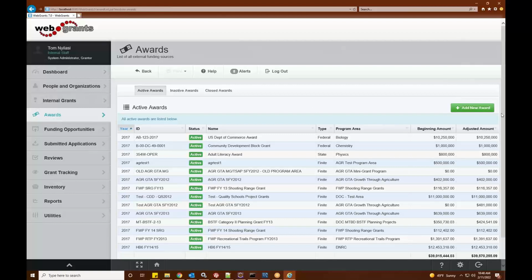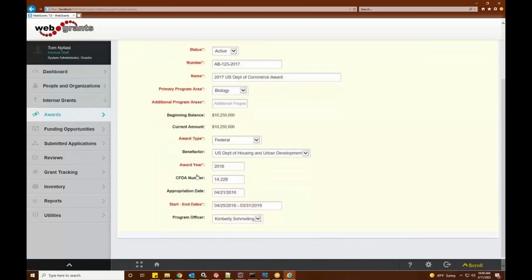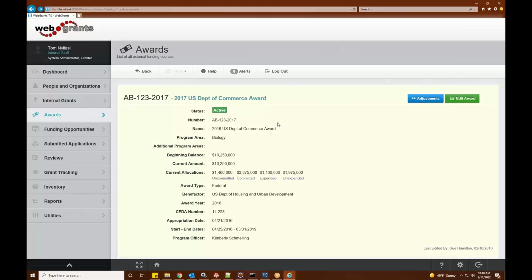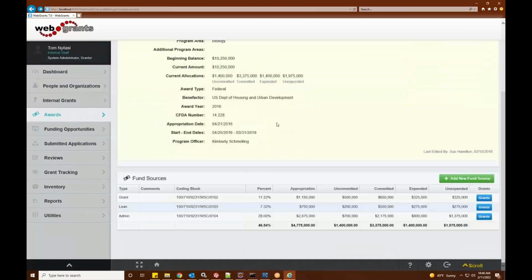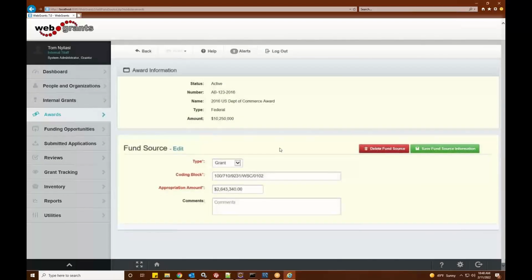You can add an award at any point in time. You can click on a particular award. The award will have a profile. It will have a status, a number, name, program area, additional programs, award type, benefactor, CFDA number, pretty much the same capabilities as you have in the current version. And then you can subdivide it into various different funding sources, and we can click on a particular funding source, and